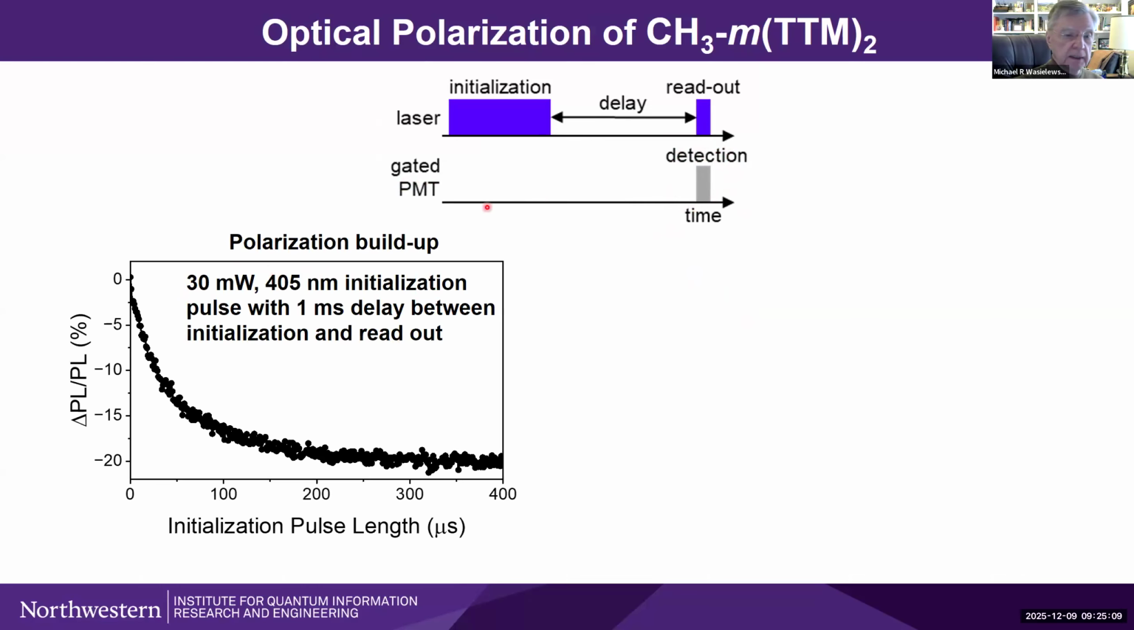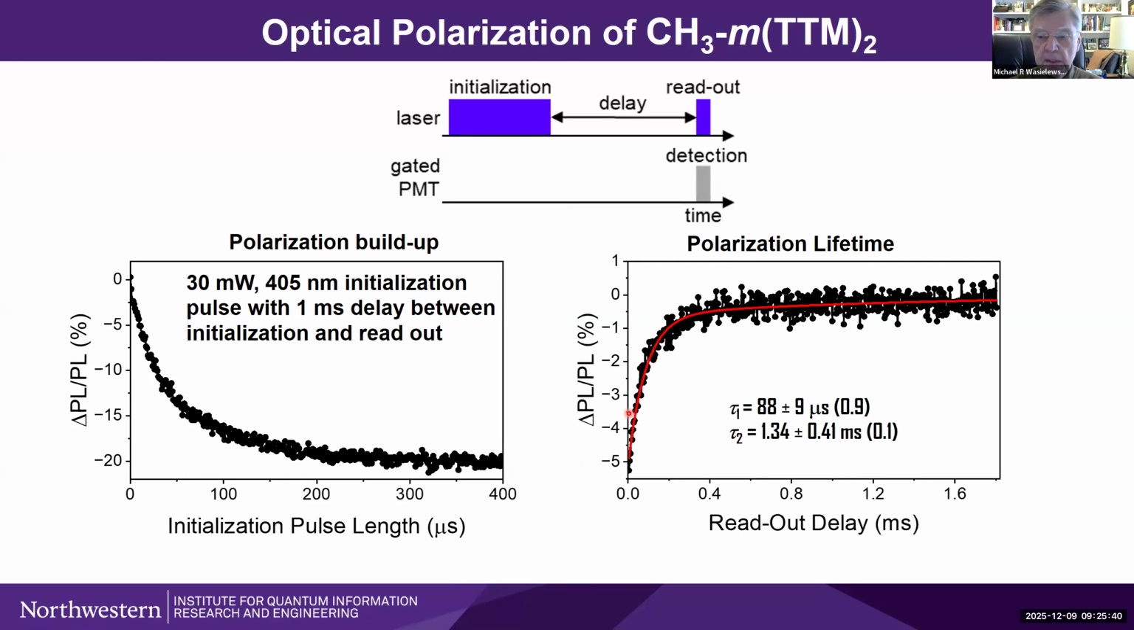Okay, so when you increase the length of the initialization pulse from 0 microseconds on out, what you find is that the photoluminescence contrast changes by almost 20%, and levels out around 250 microseconds or so. So this is really the time it takes under these conditions to polarize the ground state. And so this is a benchmark kind of measurement that shows the degree of polarization and how long it takes